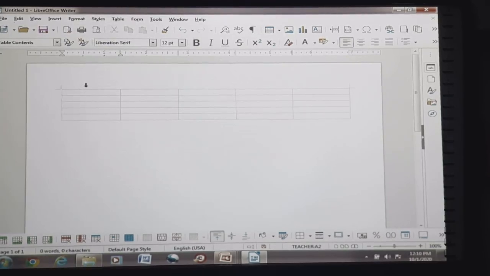Correct? Why a downward symbol? Because we are moving towards a column. So this is a column. This is the 1st column. This is the 2nd column, 3rd, 4th, 5th.